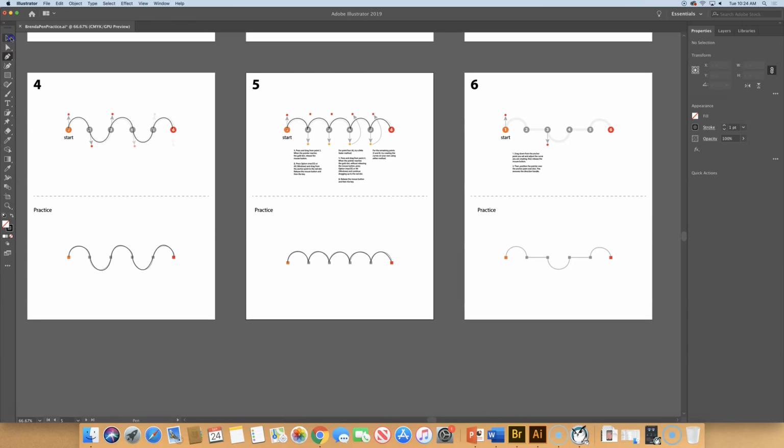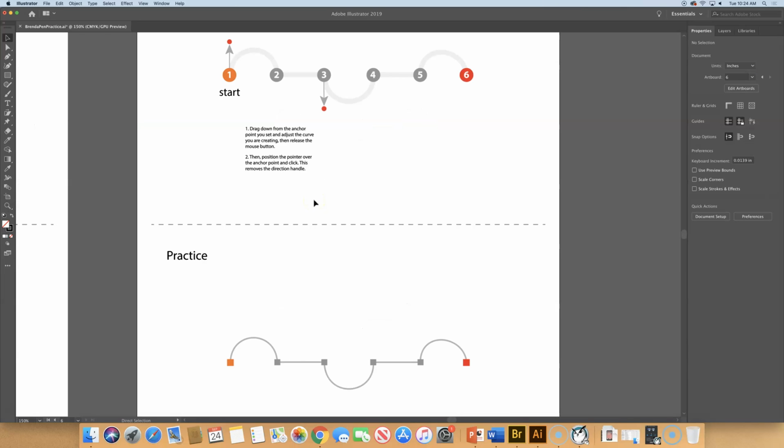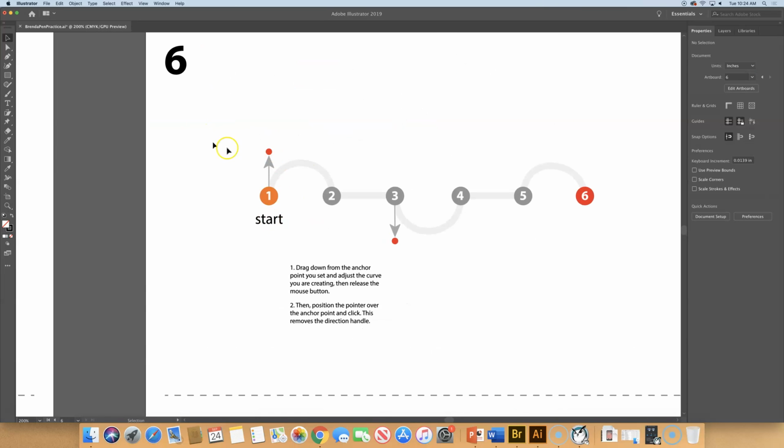All right, when you get that drawn, we'll do our last practice. And that's going to be combining curves and straight lines, because quite often when you're drawing something, every now and then you do need a straight line, and you do need to know how to switch it to make that different anchor point. So let's go to artboard number 6 and zoom in on the top part. And we can see that our starting point with the pen is going to be to make a curve. So that's easy enough. We're going to click and drag up to set our first directional handle, and then go to number 2